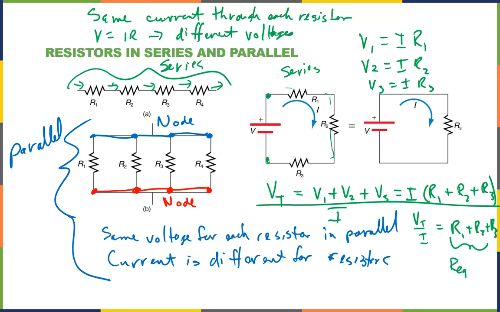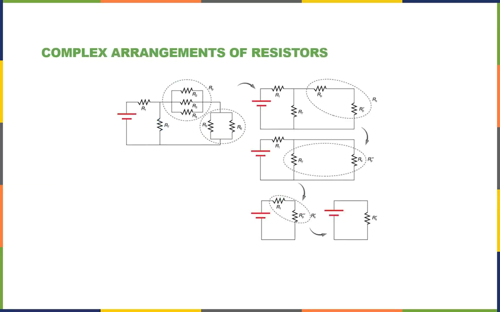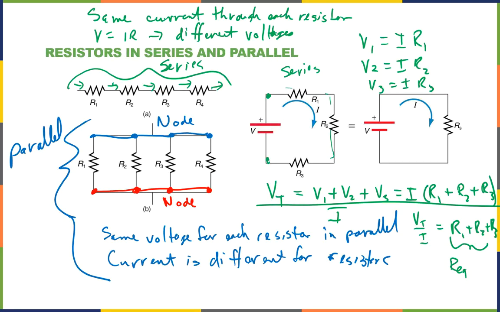So if I put resistors in series, the total resistance is just the sum of the resistors. That makes logical sense, doesn't it? It's like if I have 3 bags of sand that I pour into a tub, the total amount of sand is 3 bags, adding them up. But it's not the same if I were to do them in parallel. So, I don't have a good page to do this on for parallel. I filled this whole thing up with the series. If you do them in parallel,